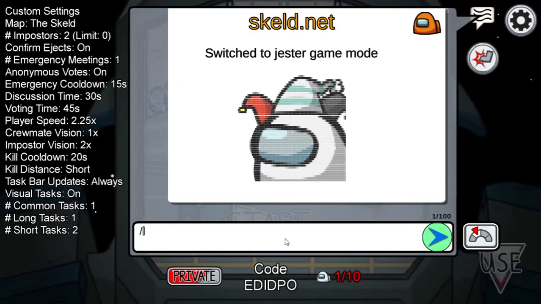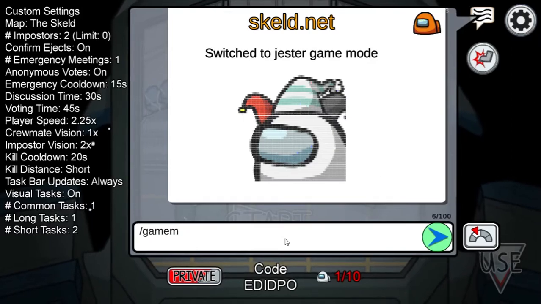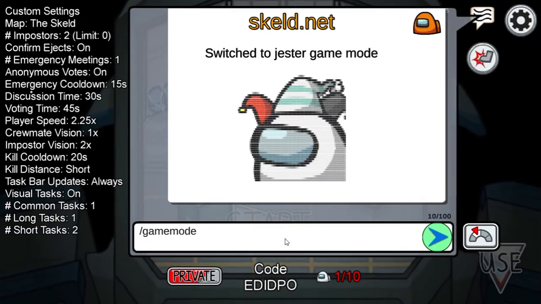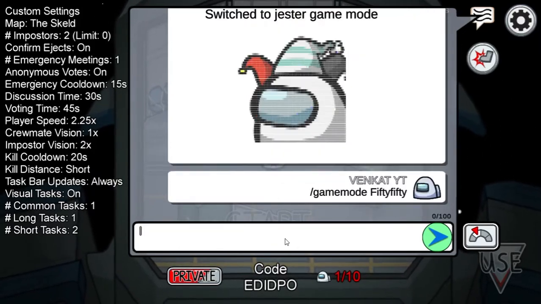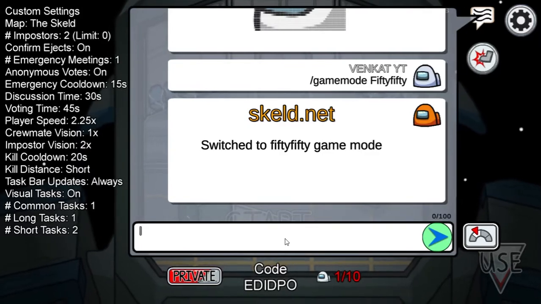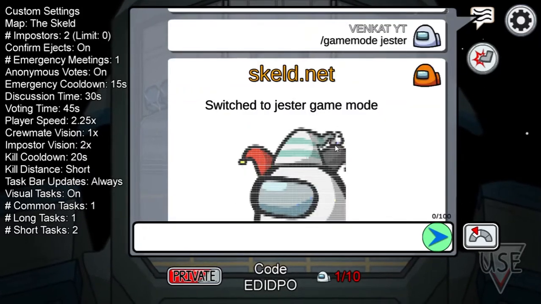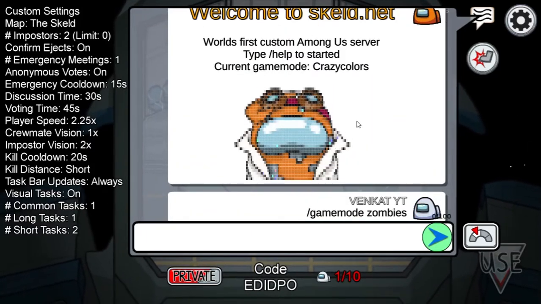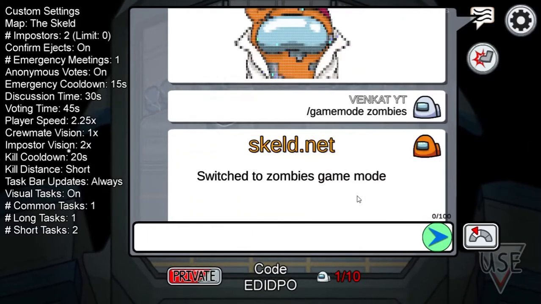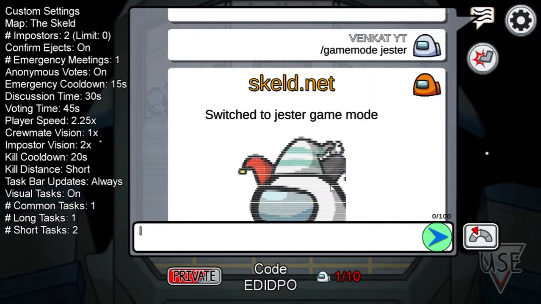Now we got another. Yeah, this is 50-50 mode. So you got four modes included. I don't know how many of them there are, but as far as I know, only four modes: crazy colors, zombie, gesture and 50-50.